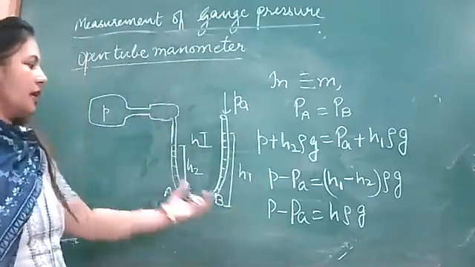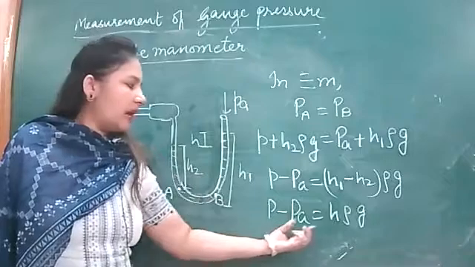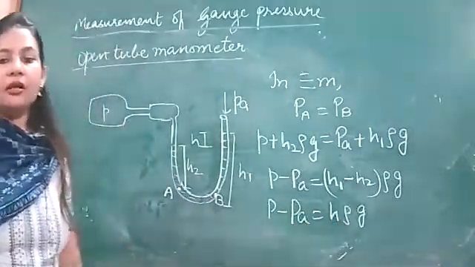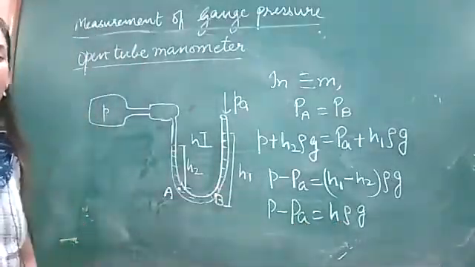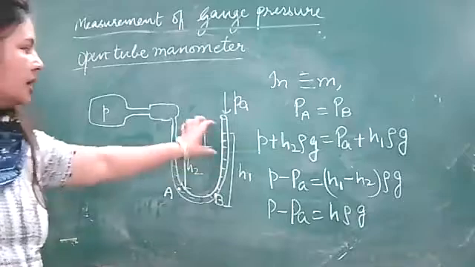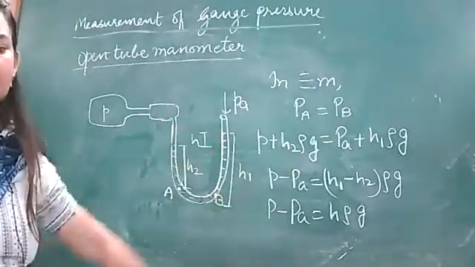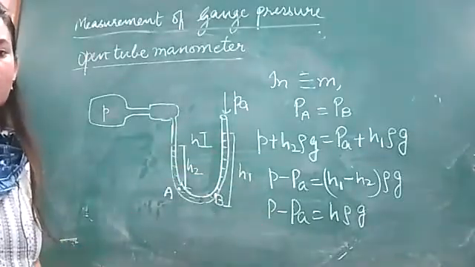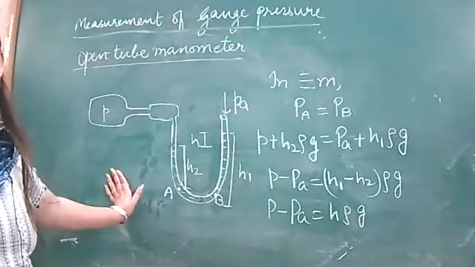So we have found gauge pressure using open tube manometer, and it can be calculated by solving H rho G. By putting in this difference in levels and putting in density, we can easily solve that and find this gauge